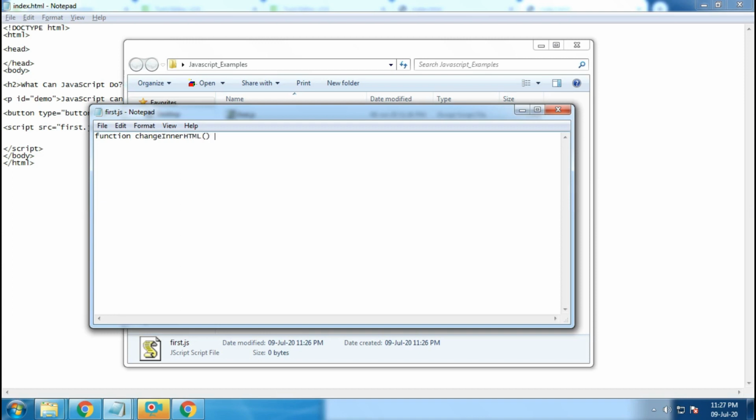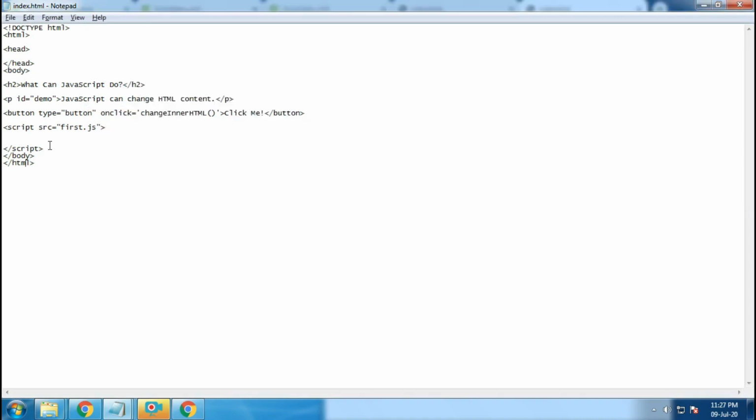Let me paste that code which we have copied from this script tag. Now I have pasted it, and now save this file as well. Go to File, Save. We also made some changes here, so go to File and save it.